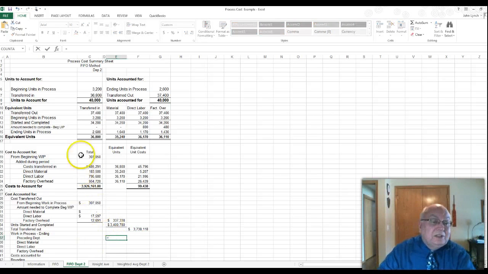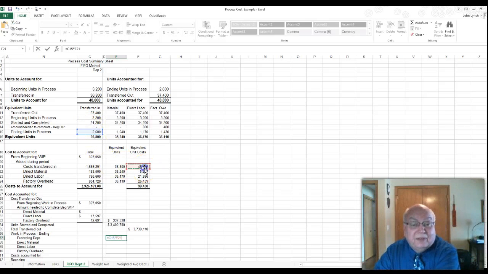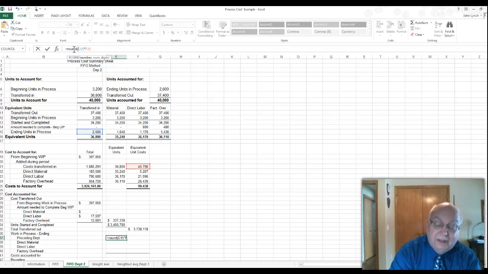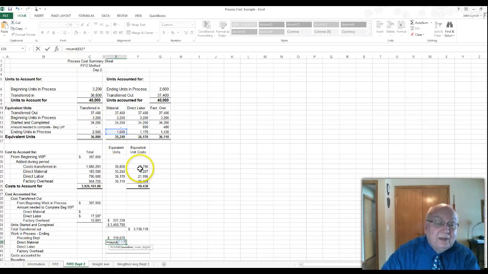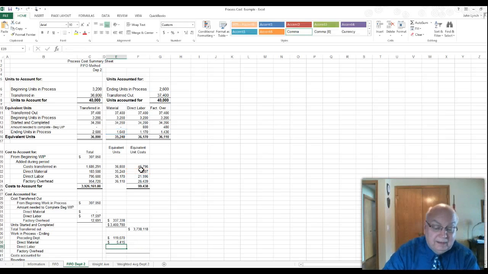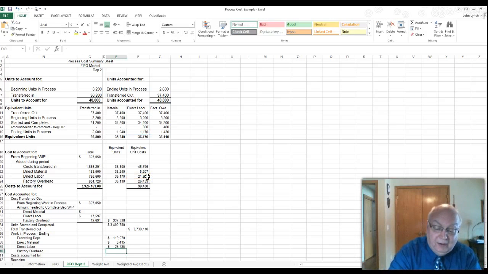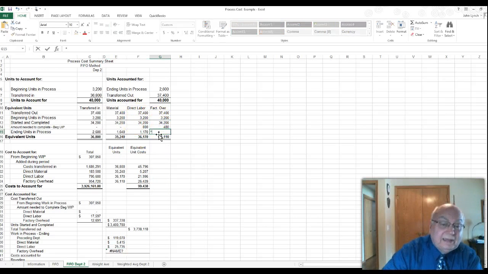Okay, for the work in process, we use this last row like we did before, 26,600 times the 45, and again, because I'm using 3 decimal places, I need to carry it to, okay, equal round. This is for the labor, which is the 1040 times the 5.207. And that's for material. For labor, sorry, I think I said labor last time, that's the 1170 times the 21,996. And for the overhead, you take, what is it, we had 1430 times the,